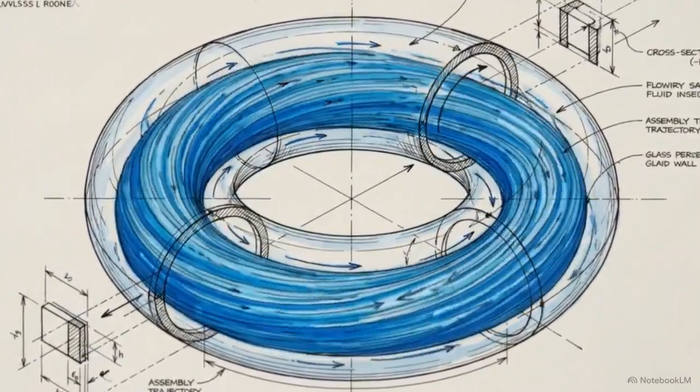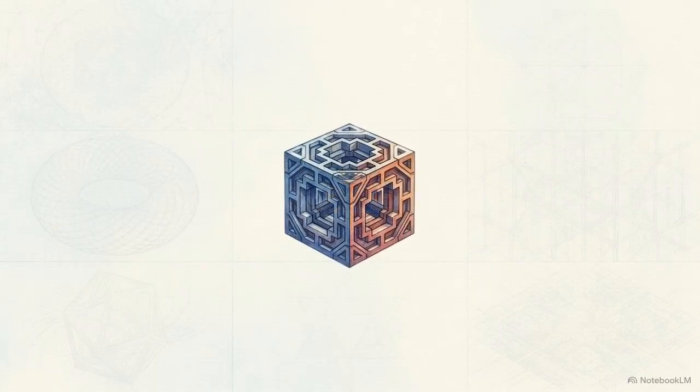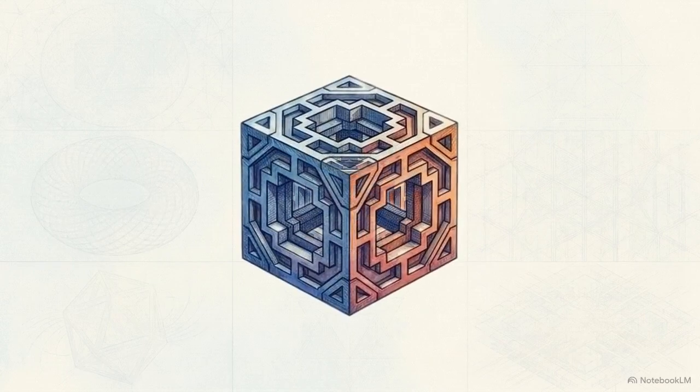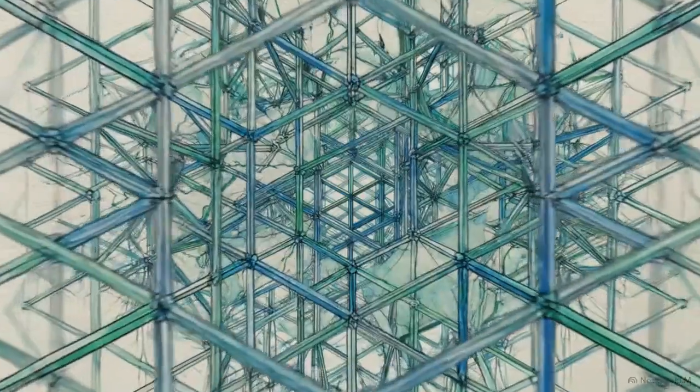stability. To maintain this stability across different scales, the matrix follows a specific mathematical ratio, r² − r − 1 = 0. The positive root of this equation, the golden ratio, acts as the self-consistent scaling factor for the entire system. The golden ratio ensures that as the fractal matrix grows from atoms to macrofluids, the dimensional layers remain synchronized without collapsing. The physical world is a dynamically scaling geometric scaffolding, stretching from the zero point of space to the